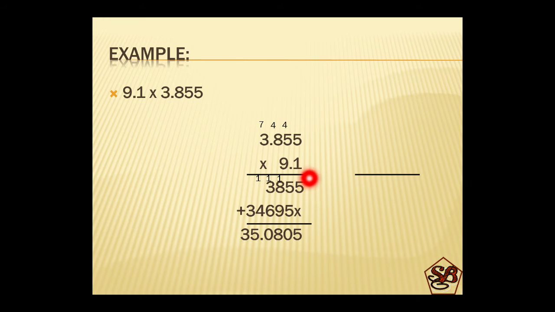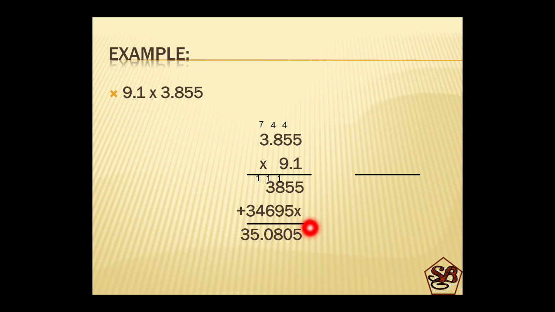9.1. Multiplying: 1 5s are 5, 1 5s are 5, 1 8s are 8, 1 3s are 3. A multiply sign under ones place. 9 5s are 45, 4 carried, 9 5s are 45 plus 4 is 49, 4 carried, 9 8s are 72 plus 4 is 76, 7 carried, 9 3s are 27 plus 7 will give us 34.